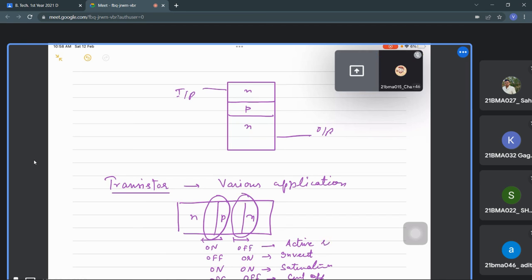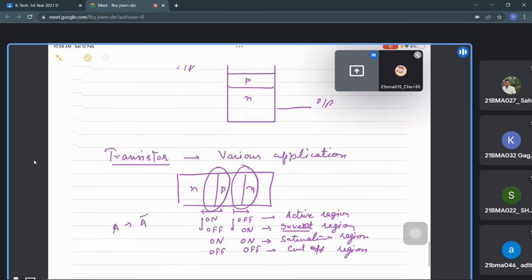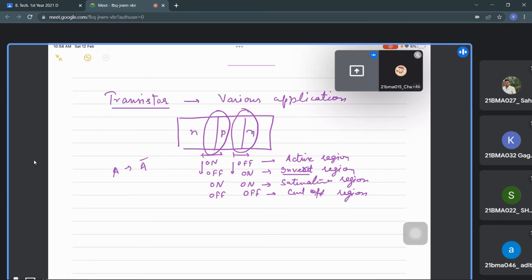Right? यही कर रहे हैं ना? Yes, sir. And this is inverted region. Invert means जैसे A का invert है A bar, means complement of the above one. This is complement of the active region actually. That is what you can say. Okay, but operation or the output may not necessarily be same, as BJT is an asymmetrical device. Fine.